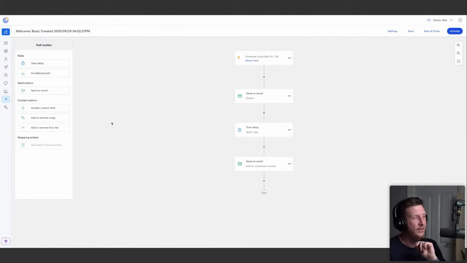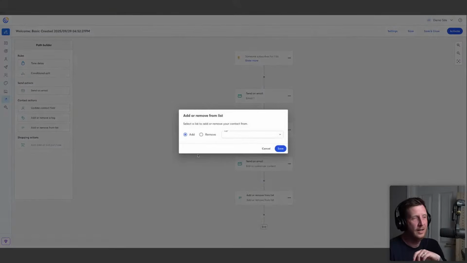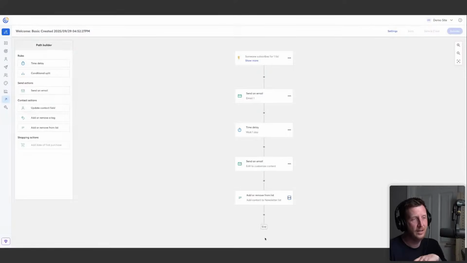And at the end of it, you can then update or add tags to the sequence to then move them to another list or something like that. So you can put them through the sign up automation. So the list could be the welcome sequence. And then once they come towards the end of the welcome sequence, you drag this over, add or remove from list, click on edit, and then you can remove them from this list and then add them to another list. Or you could basically add them to the other list first. So go newsletter, save, and then